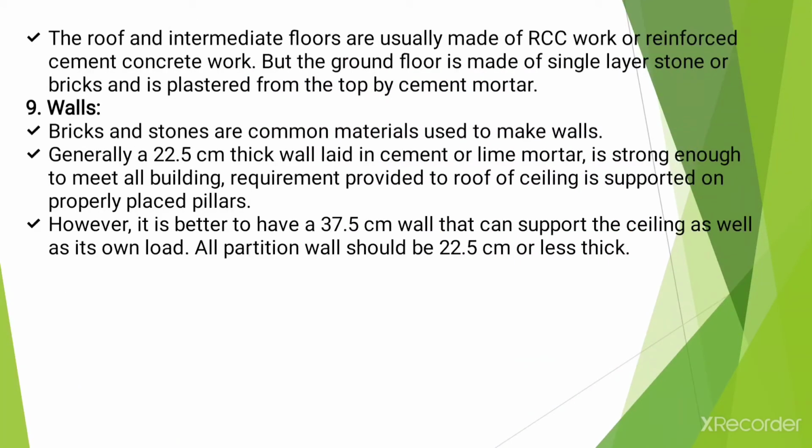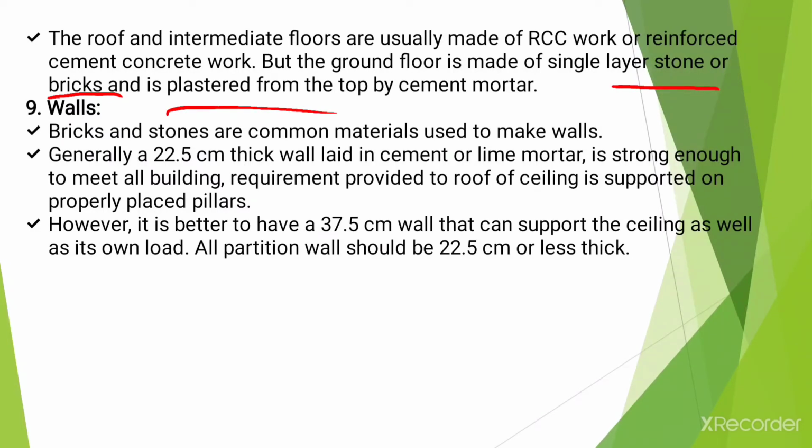The roof and intermediate floors are usually made of RCC, or reinforced cement concrete, but the ground floor is made of a single layer of stone or bricks and is plastered from the top